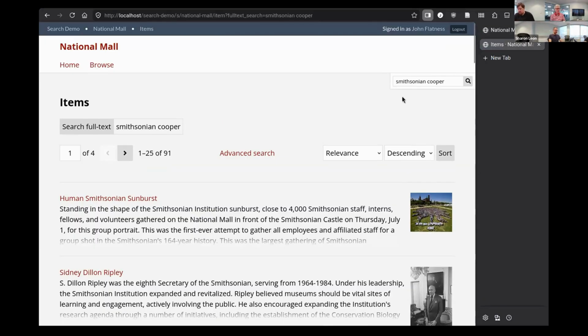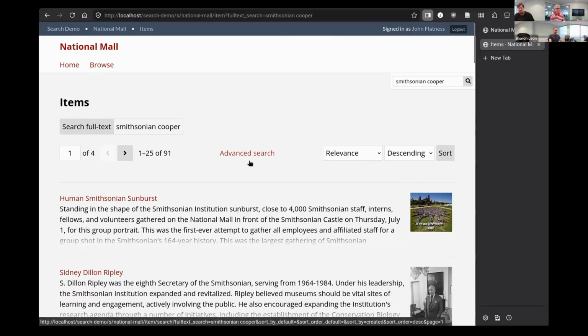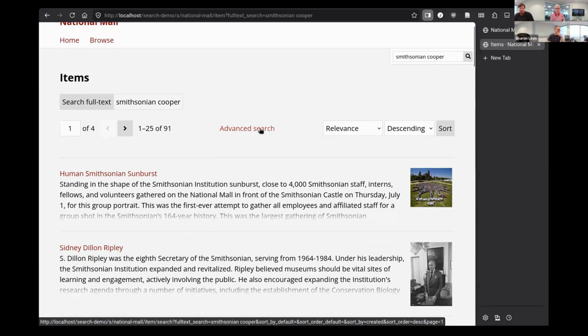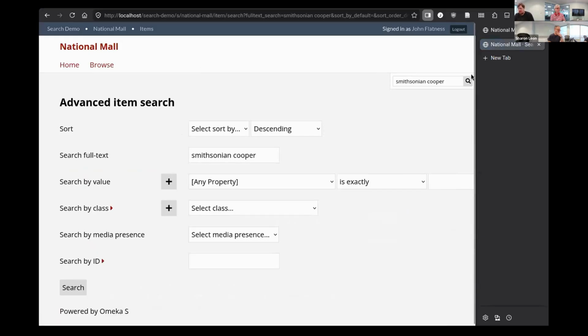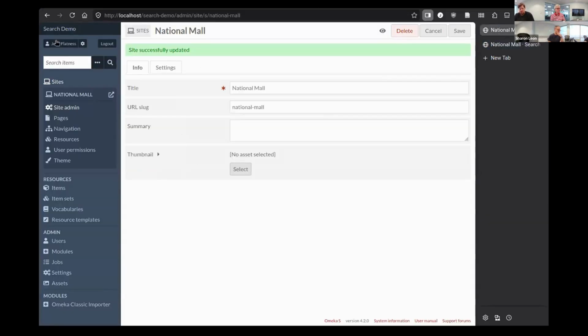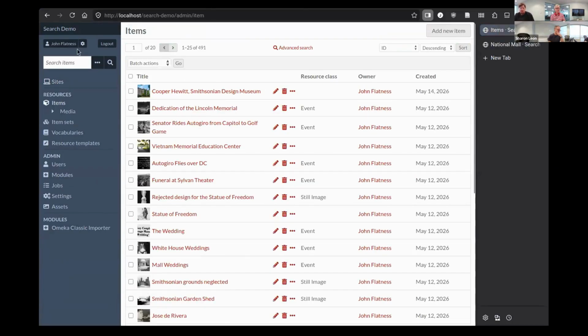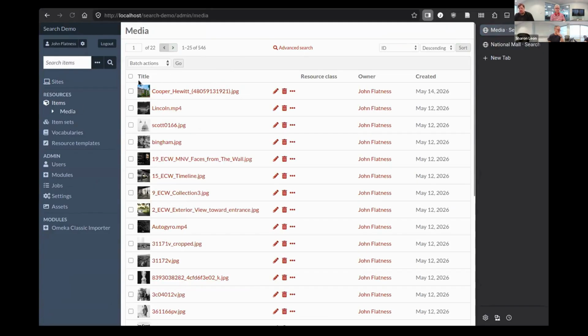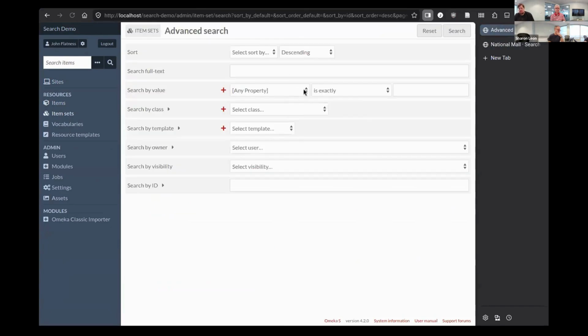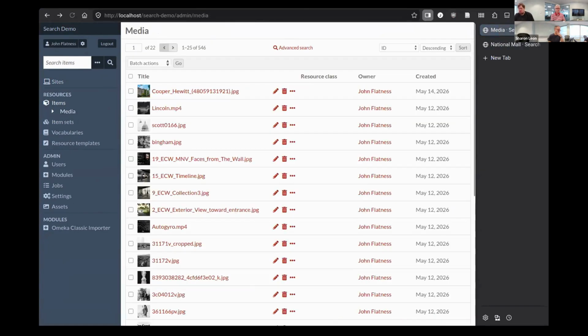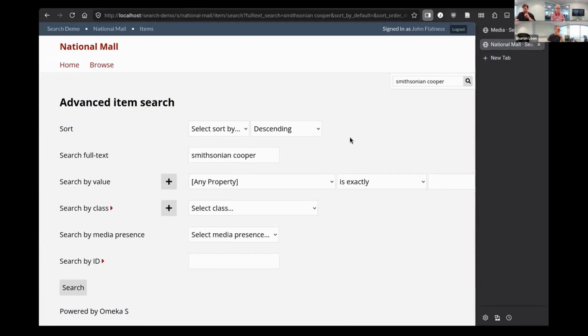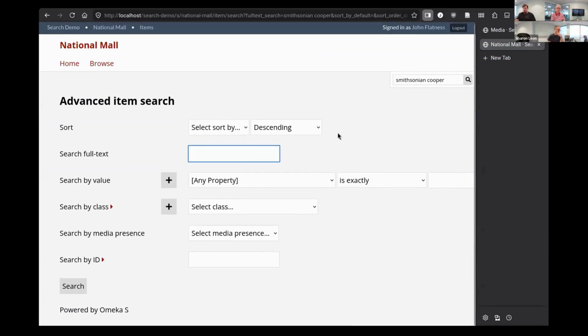Okay, so the other major area, we've been seeing it this whole time, is the advanced search. I'm just going to really focus on the one for items. Let me run over to the back end here. Both of these exist in the back end, but there's an advanced search for items, there's an advanced search for media, there's an advanced search for item sets. All these are available to you. I'm going to focus on the item one, and it offers you a variety of choices. My tiny screen is a problem here, but